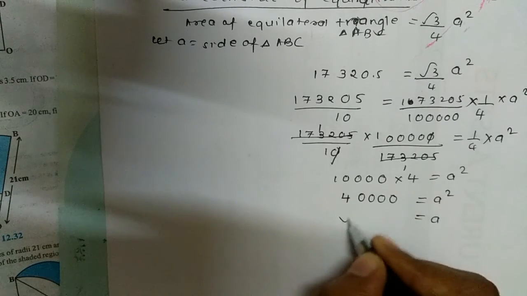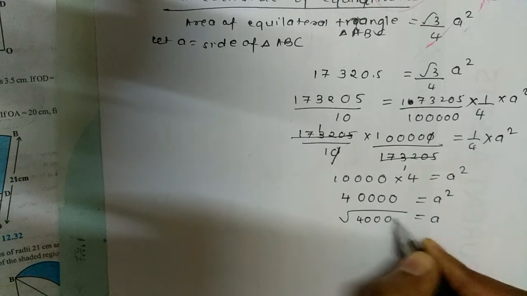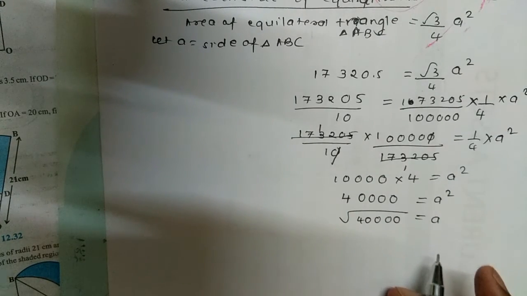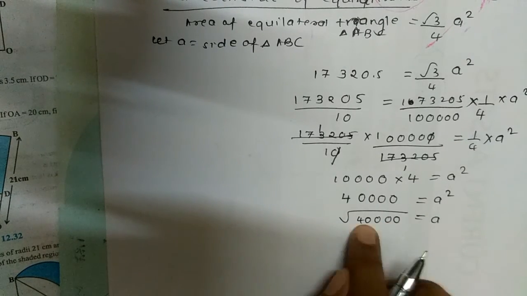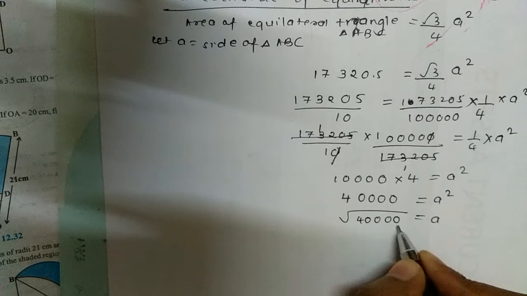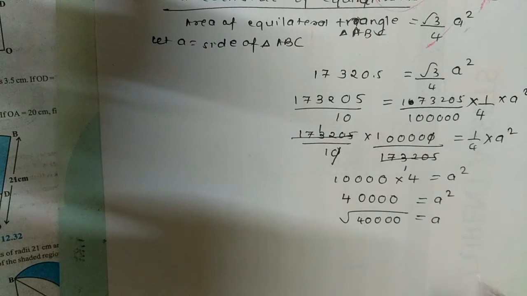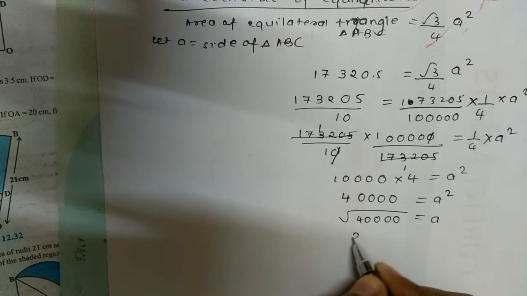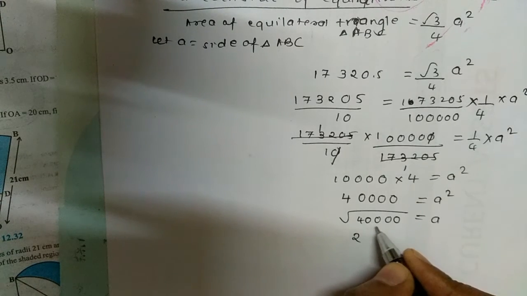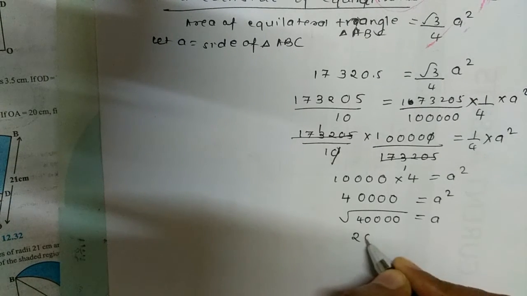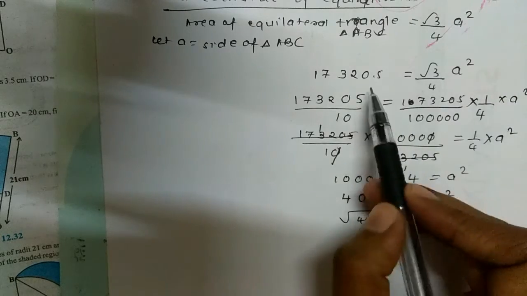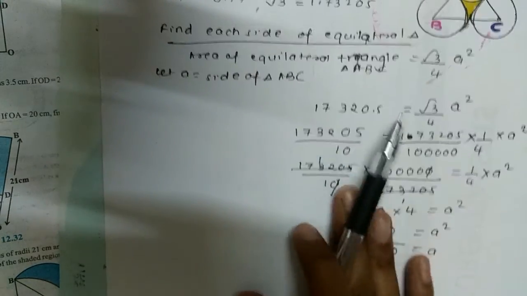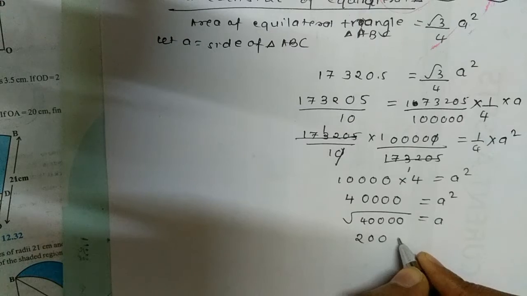So this square will bring inside, so it will be square root. Square root is very easy to find. What is the square root of 400? Let us take square root of 4 because here all are zeros, and we have an even number of zeros. Then only you can find the direct square root. So square root of 4 is 2, and for the double 0, take 1 zero. So the square root of 40,000 is 200. The measurements are in centimeter square area, so this side will also be in centimeter.